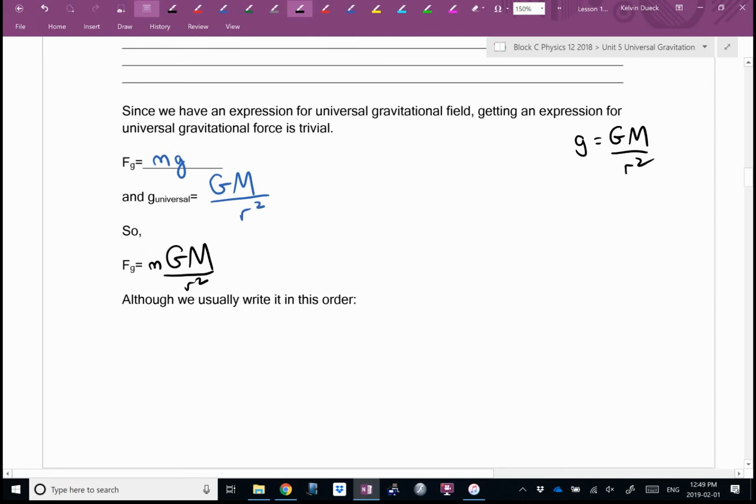Although I gotta be honest, we almost always write it in this order: big G, big M, little m over r squared. Or sometimes instead of using big M and little m, they'll use M1 and M2, especially if both masses are nearly the same size. But typically if I'm doing a moon orbiting a planet or a satellite orbiting a planet,